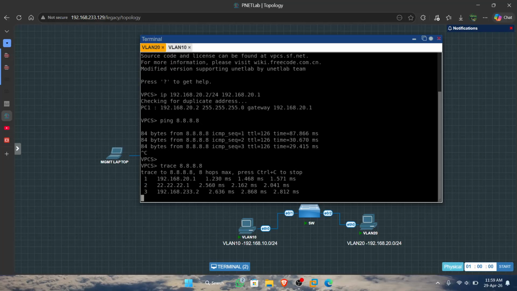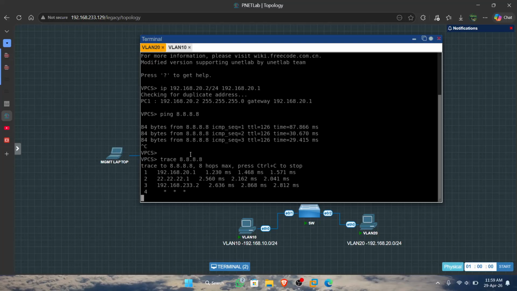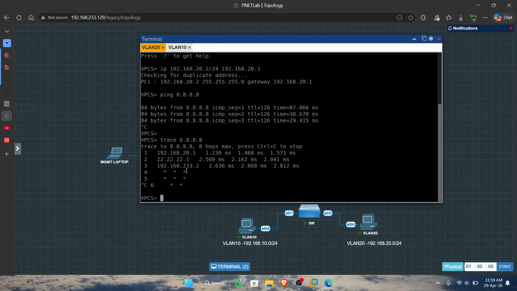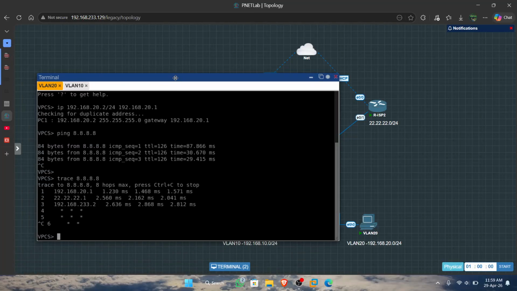We can show this here in VLAN 20. It connects to ESP2, to IP 2021 from VLAN 20.